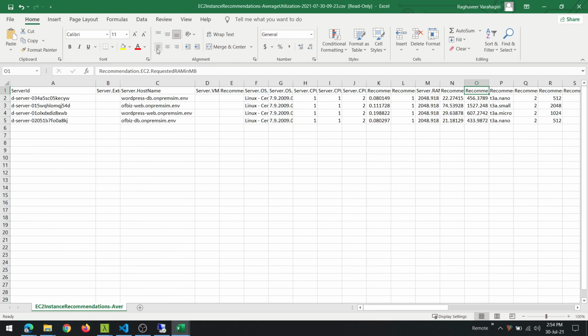So imagine you have run your ADS agent on all your servers for a period of 2 to 6 weeks, and you have collected a huge amount of data. This is a very quick way of getting optimal recommendations of the EC2 instances that you can target for each of these servers based on quick settings.